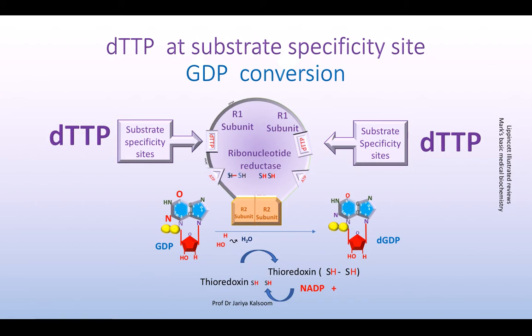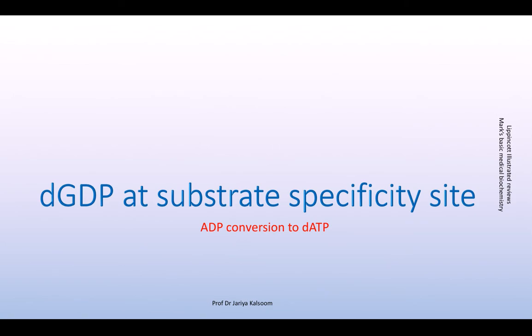So DGDP is going to now accumulate, because this cycle can go on, and when DGDP accumulates, it is going to displace the